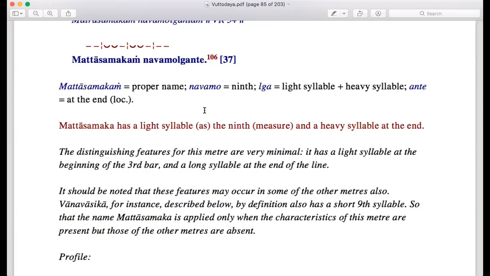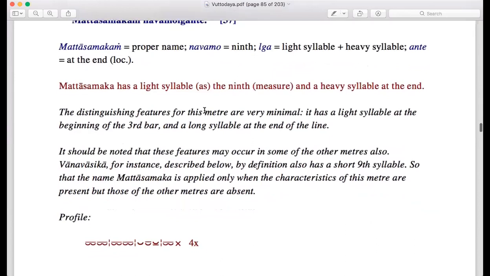Fifteen, and the last one we take as a heavy syllable. Apart from the last one, there are 15. So everything is 15, but the last one is Lahu, and because we take it as Guru, it becomes 16. Yes. Oh, okay, that can be correct. Thank you, Bante. I'm actually not very sure about that, but that is the normal way of Vuttodaya, right? When we consider the last one as a heavy syllable, then we count it as having 2 measures. So that's the normal way of Vuttodaya. Yes, so that can be correct.